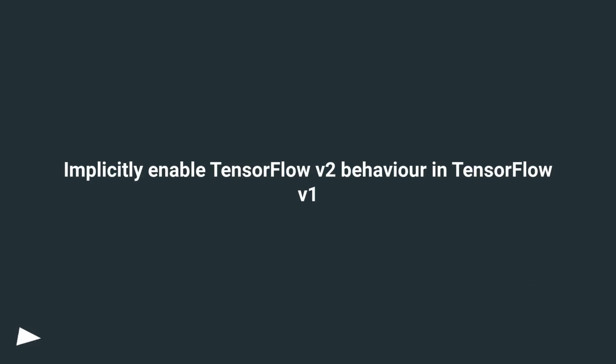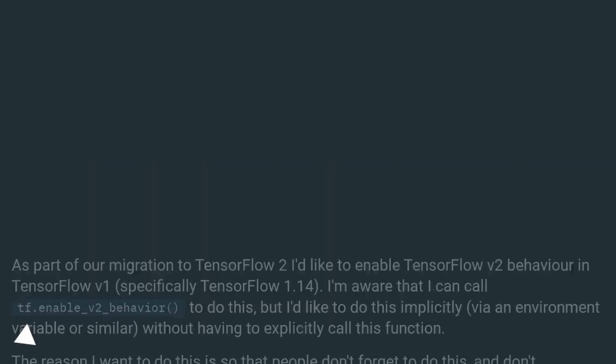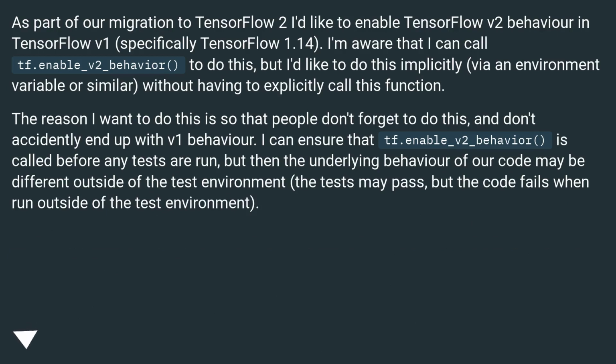Implicitly enable TensorFlow v2 behavior in TensorFlow v1. As part of our migration to TensorFlow 2, I'd like to enable TensorFlow v2 behavior in TensorFlow v1, specifically TensorFlow 1.14. I'm aware that I can call tf.enable_v2_behavior to do this, but I'd like to do this implicitly, via an environment variable or similar, without having to